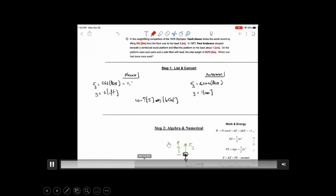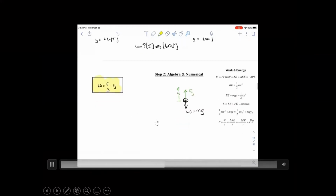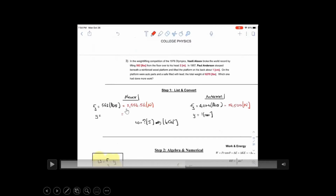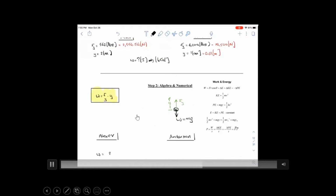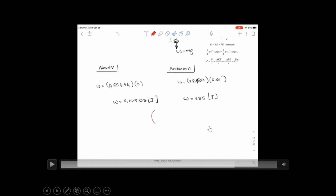All right, so the work equation from the formula sheet: the force causing displacement in one direction gives the amount of work done. This is a simple calculation using a formula. Alexa is going to be lifting something 600 pounds over 6 feet. In reality it says 2 meters, so I have to change it to 2 meters. Plug the numbers in, get the answers in joules, and then convert to